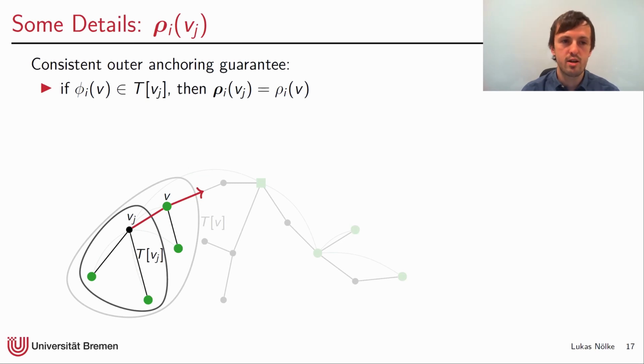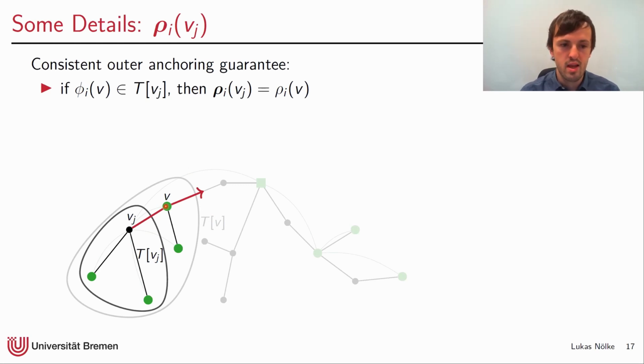So for the outer anchoring guarantee, we have 2 cases. First, if the inner anchoring guarantee of V is inside the subtree of TV, so somewhere here, for instance, then we pick our outer anchoring guarantee to be equal to that of V. This is because the shortest path outside of this tree will always lead through V, so we have the same